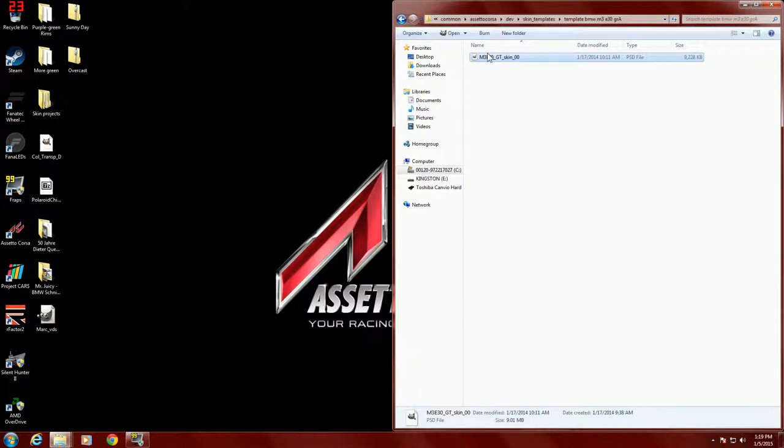But we will open this in GIMP, and I have hot-linked, excuse me, the space bar is interfering with some of the video. I have hot-linked my PSD and DDS files to open directly with GIMP. If we click this,